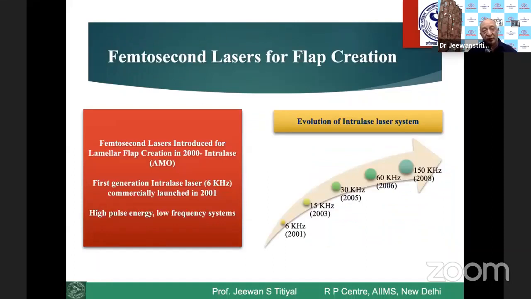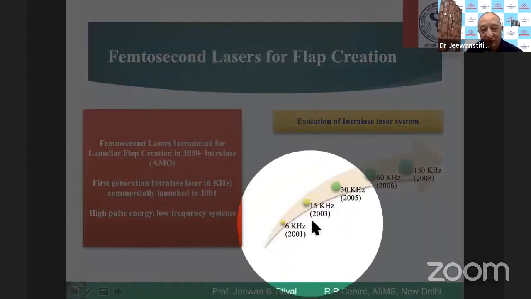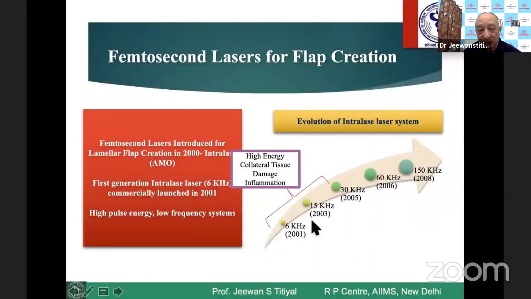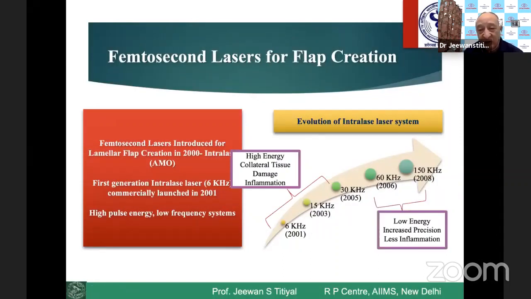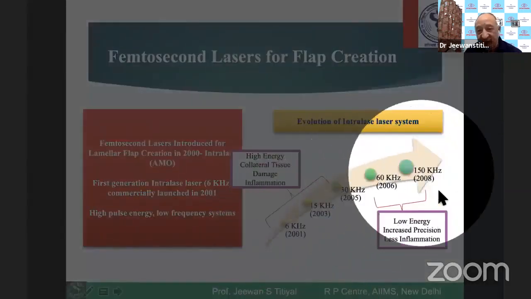So that was microkeratome based LASIK procedures. And the invention was lasers to give a more precise, more comfortable flap for our patients who are undergoing LASIK procedure. It was IntraLase that started with the femtosecond laser way back in 2001. And subsequently, it was modified to give a low energy, high frequency femtosecond photodisruption to the cornea to create a nice flap in these cases. So they had a sequence of changes from 2001, 3, 5, 6, and 8 now.